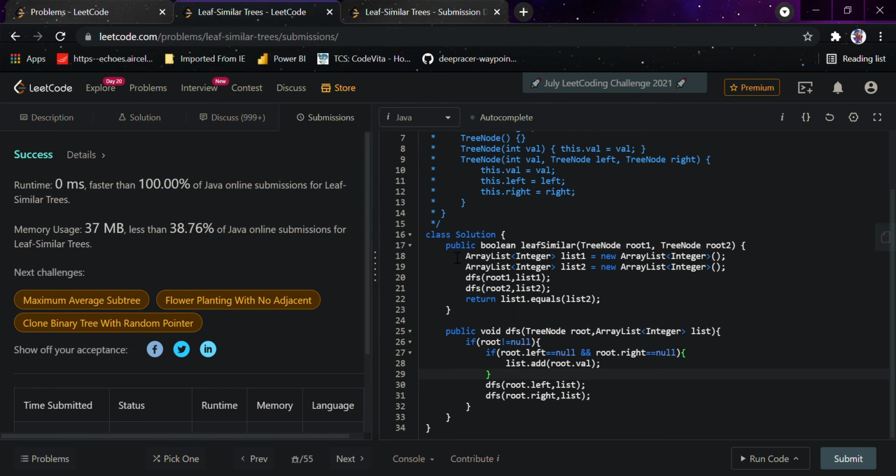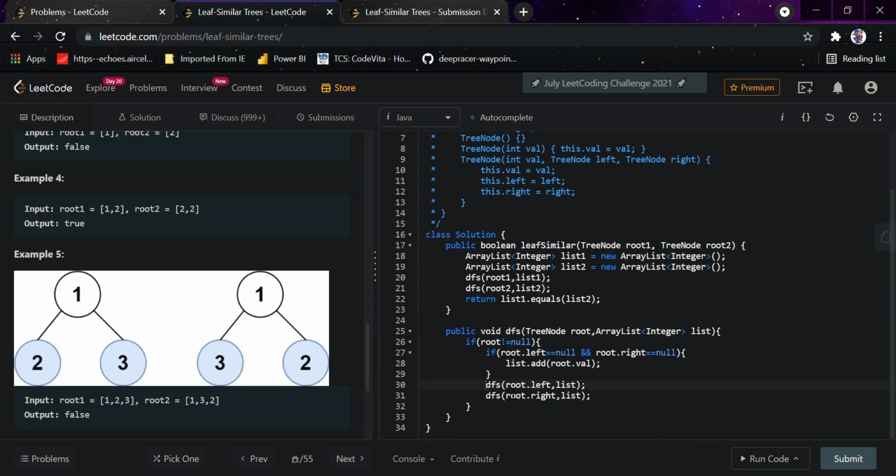So in this question, basically what we did is make an array list and store the elements at the end of the binary tree of both the trees in the array lists, and then check if both the lists are equal. If they are equal we would be returning true, else we would be returning false. The recursive leap of faith is being followed here, because we are doing that to left and right both till we reach the end of the binary tree on both sides.